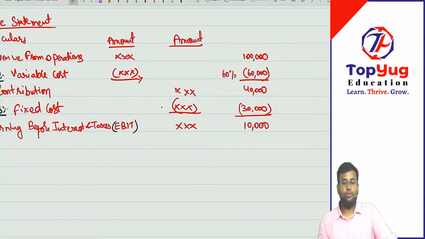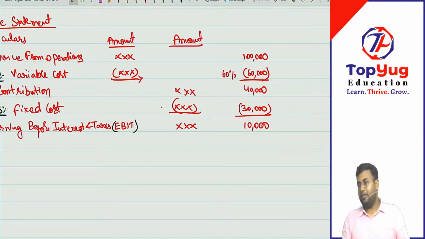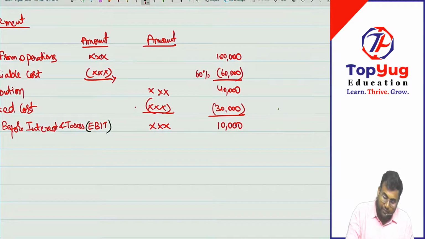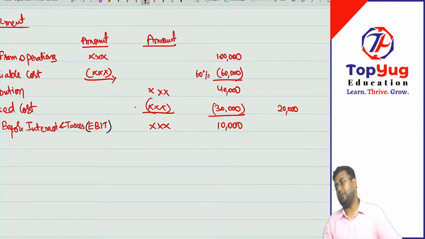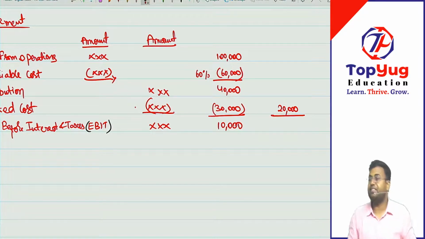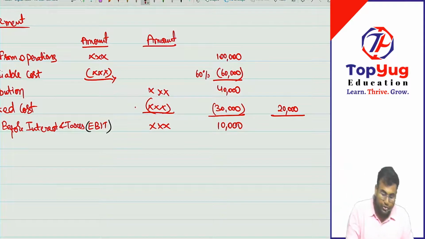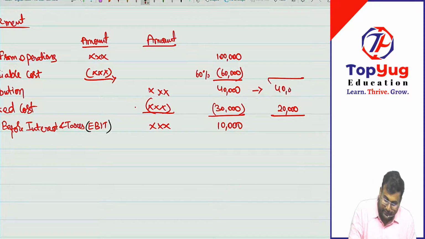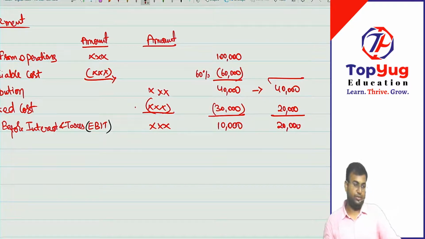This major rent was going for rental expenditure, right? I found out a better locality with a lower rent, and I was able to reduce my rent from 40,000 to 20,000. Possible? Yes. Please tell me what is my revised EBIT. Contribution will remain the same. So my revised EBIT is 20,000. Correct? Are we all good?